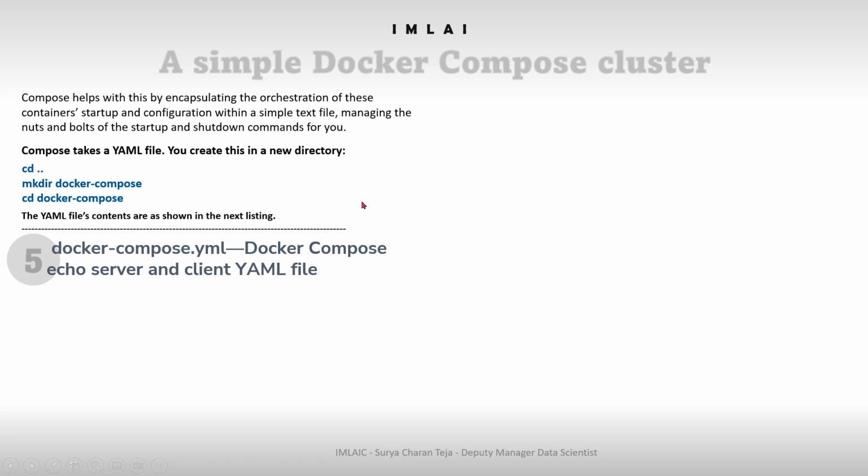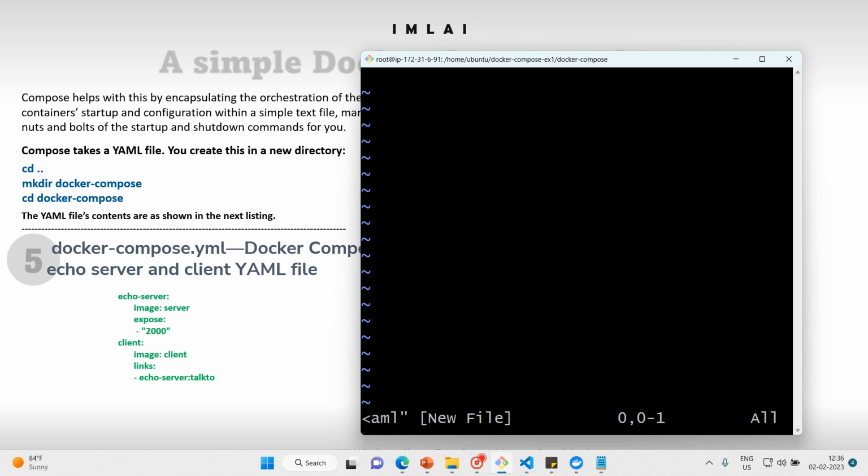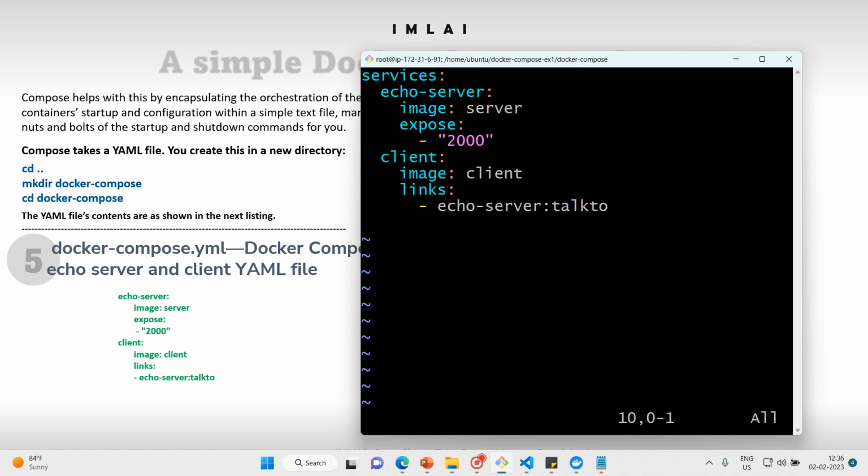So the fifth step in this is docker compose.yaml. The docker compose echo server and client YAML file should all be configured. Okay, so let's write our docker compose file. So vim docker compose.yaml. Let me begin with services here, and then I'm going to mention both. You can see services, and we have two services. One is echo server, the second one is client. For the echo server, the image name I am going to give is